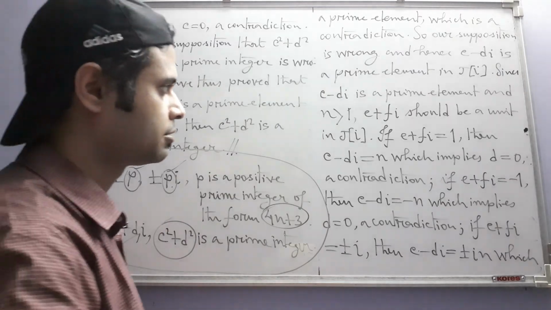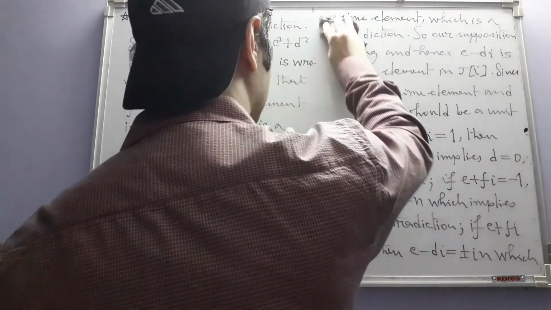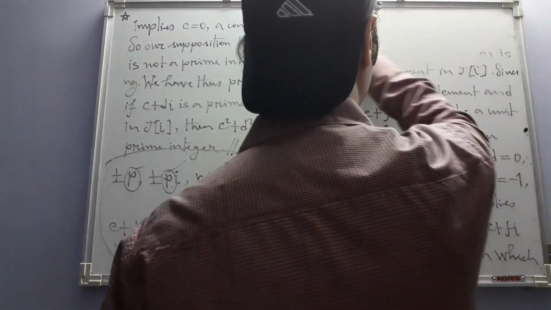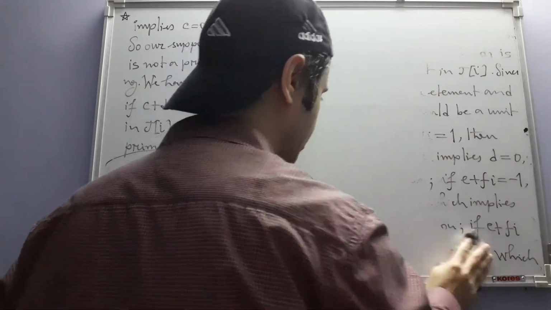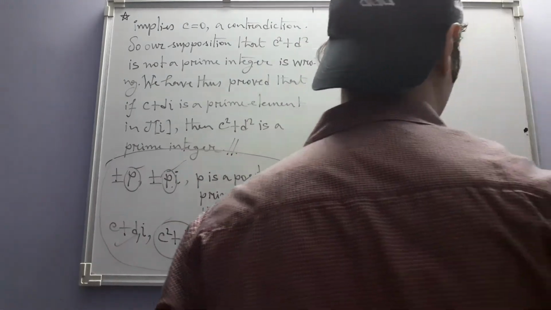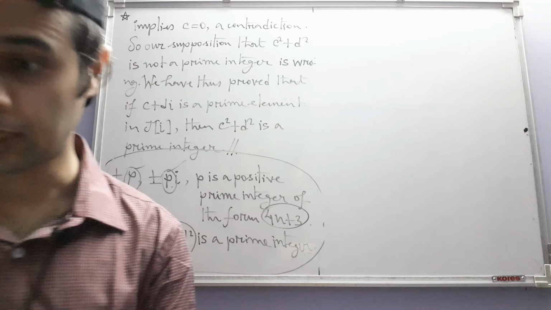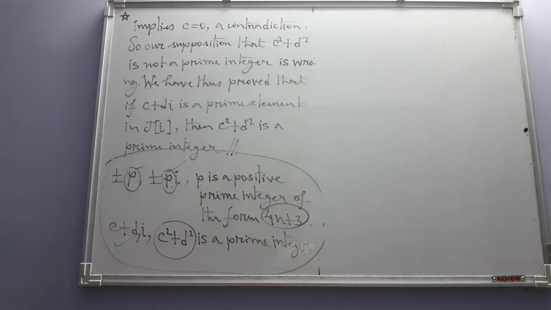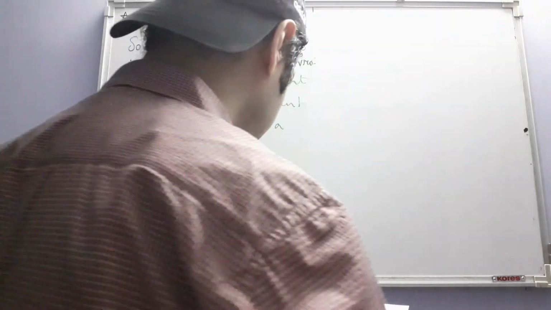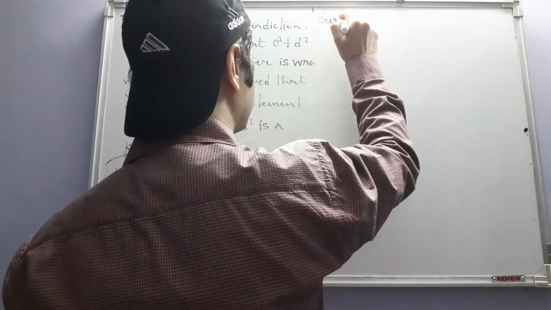So this is the complete characterization of all the prime elements in the ring of Gaussian integers in terms of ordinary prime numbers. There is one more exercise whose solution again we are going to refer to a result from Burton's elementary number theory, and that will conclude the exercise set. So let us just write that also, and this one is also not easy, but it's already done for us there.